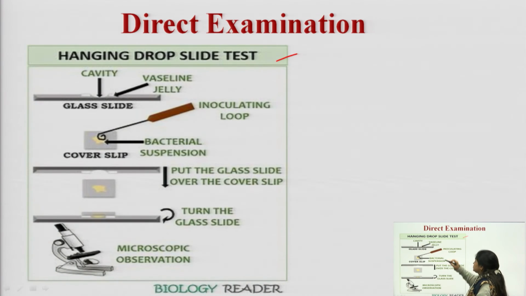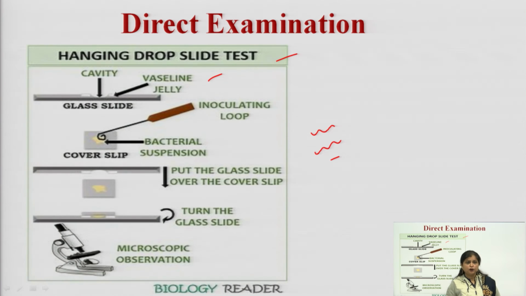The second technique is the hanging drop method. Now what does the hanging drop method deal with? In the hanging drop method, we will study the motility, that is the moving microorganisms, which we can see in the form of movement. When they are moving, we can see those live microorganisms, study their motility, how they move, and what is the direction of their movement. So motility of the microorganisms can only be seen using the hanging drop technique.